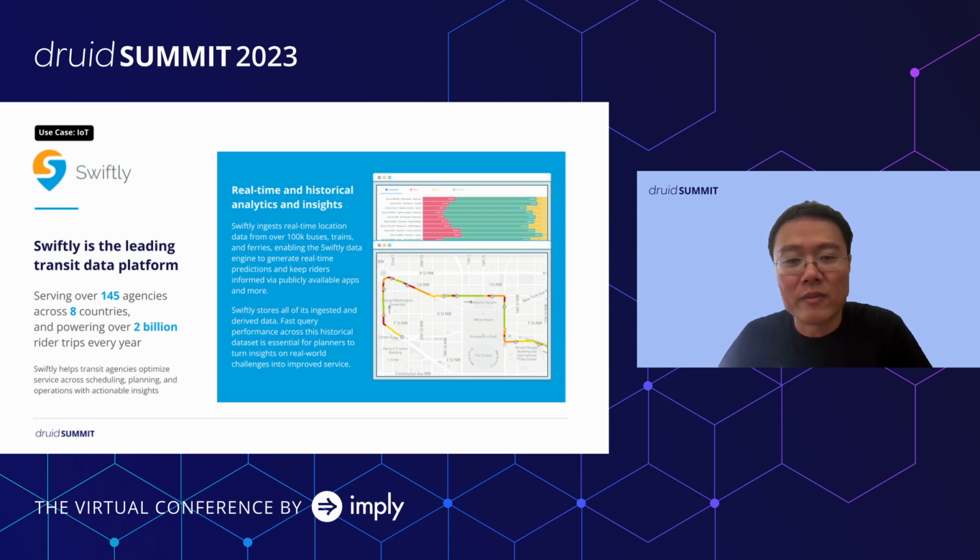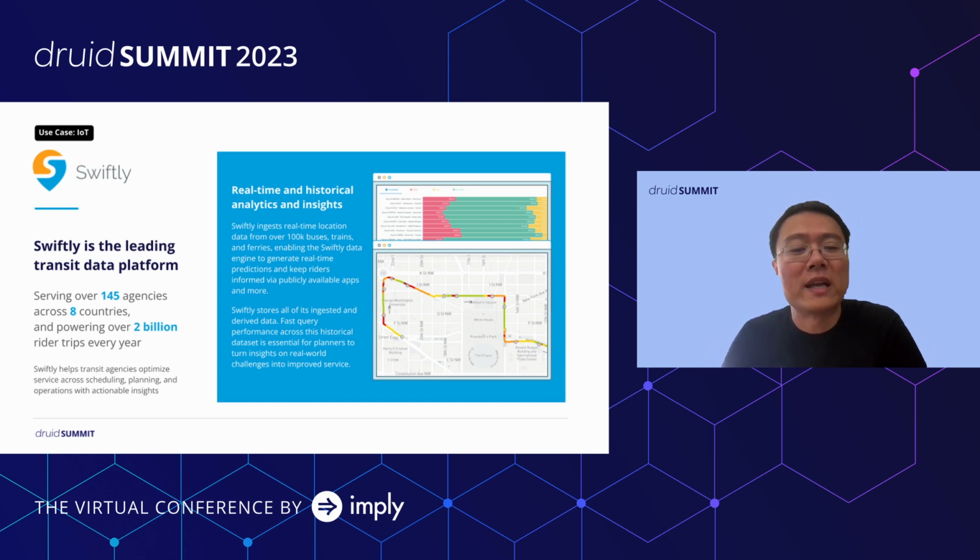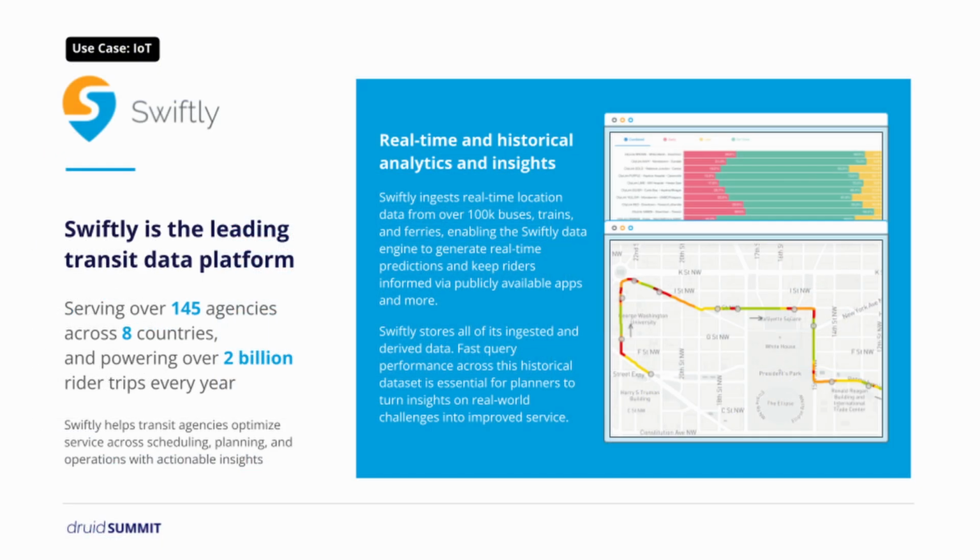Now, IoT is obviously a very complex space. There's many different forms of IoT data, but in this real-world example, I wanted to talk a little bit about our partner Swiftly and their IoT data, which takes the form of transit data. So this is data that's getting emitted by trains, buses, ferries. It's information about how public transit is effectively faring. And the application that got built on top of this data is a real-time dashboard that's basically tracking transit options